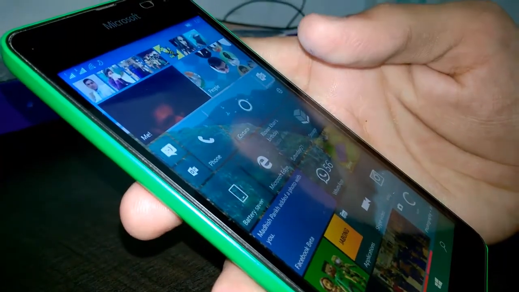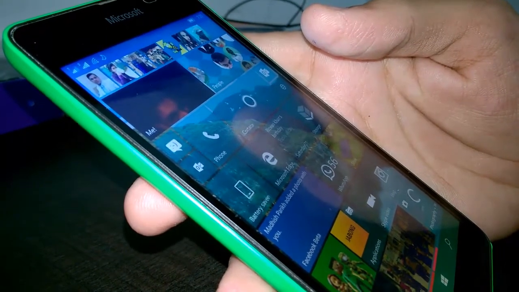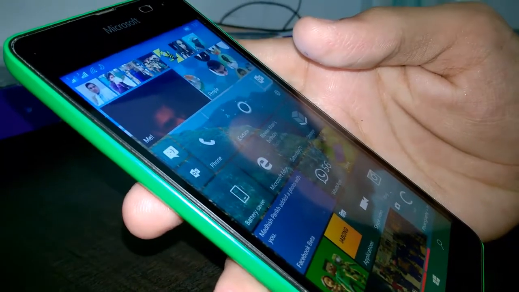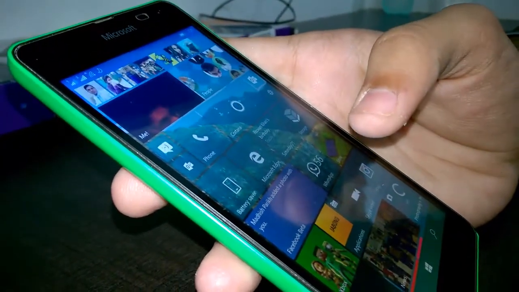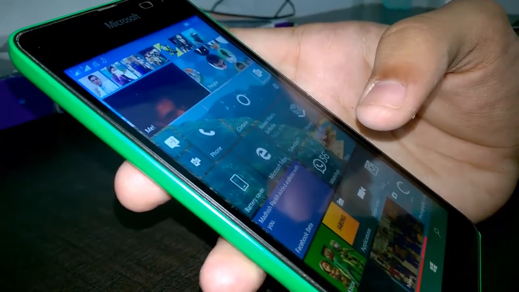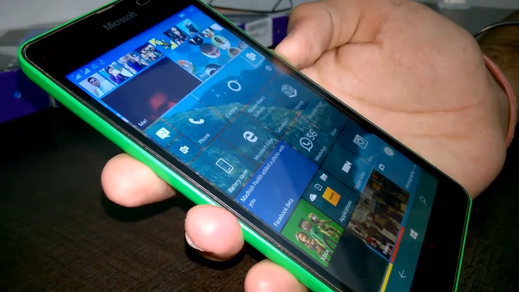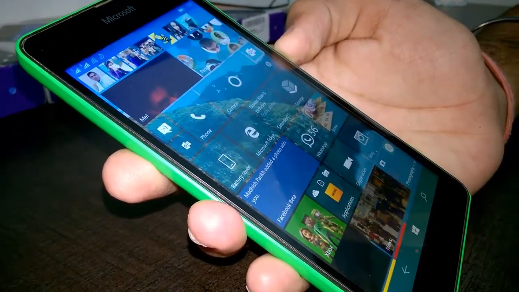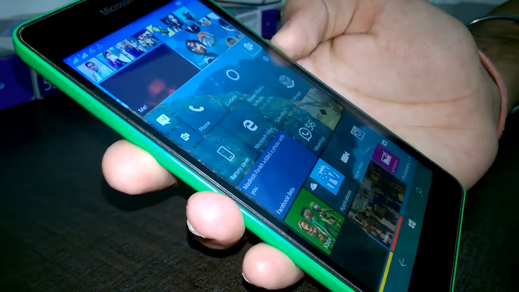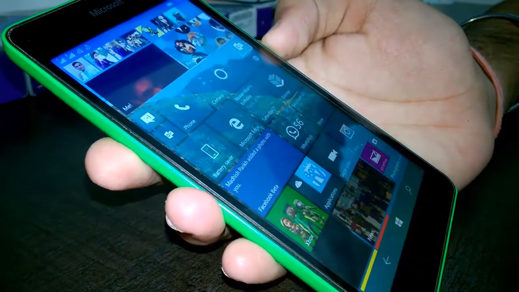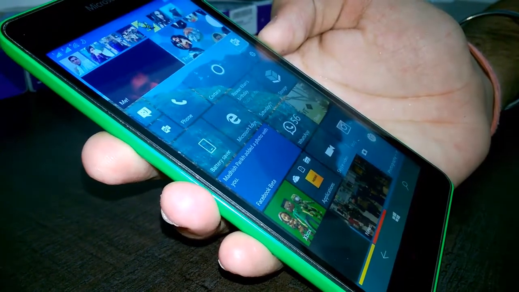The scenario was, if you made a hard reset on your phone while you were on build 10581, due to this bug, when you upgrade your phone to build 10586, it would cause reboot loops. This means that the phone will boot up and show the Microsoft logo or the Nokia logo depending on your phone, or even the HTC logo, and then it would switch off automatically and then switch on automatically, and this loop would continue until you flash Windows Phone 8.1, or flash your phone with the Windows Device Recovery tool.